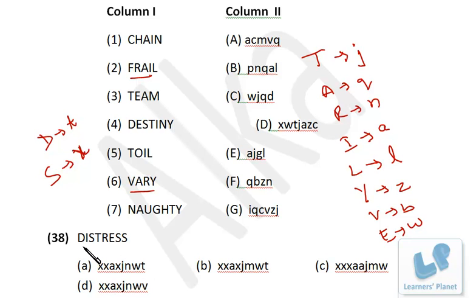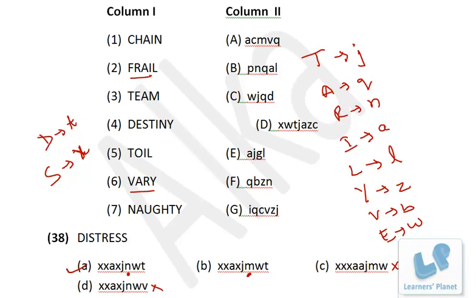Now let's see this one, DISTRESS. Now we know D is T, so our option must be having T, which we don't have over here, and we don't have over here, right? So among these two we have the correct choice. And friends, if you see carefully, there is a difference between N and M only. Remaining all the letters are the same, right? Now N is the code that is given to R, and we have R over here, right? So that means it is obviously correct, because in the other option we don't have the coding for R, that is N. So this is the correct one.